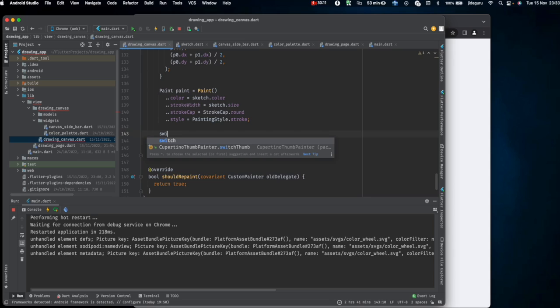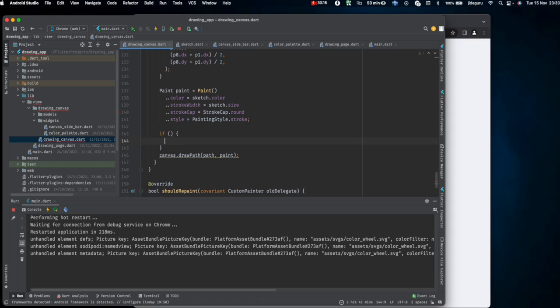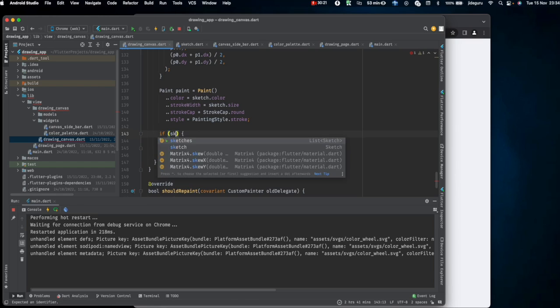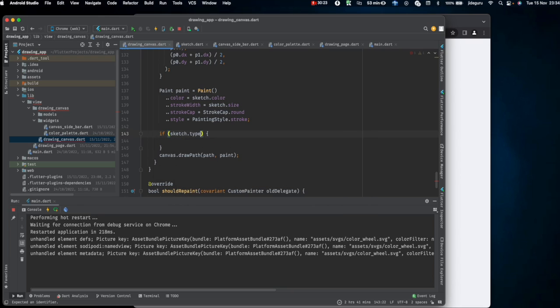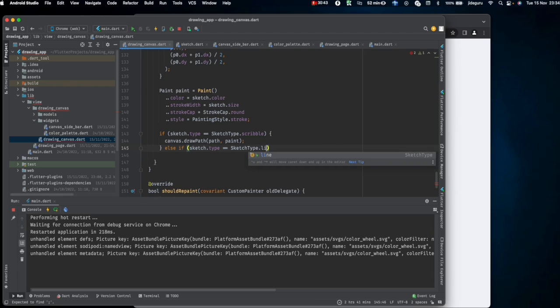I think an if would do pretty good right now. So if the sketch.type is equal to scribble, then this is exactly what we need to put in there, right? Else if the sketch.type is equal to, let's say, line, all we need here is